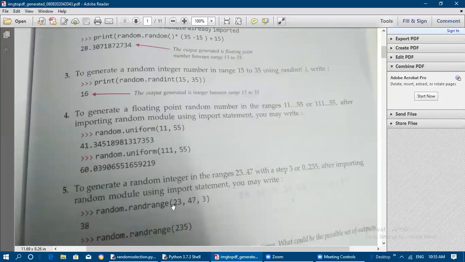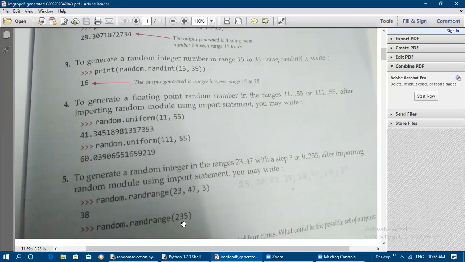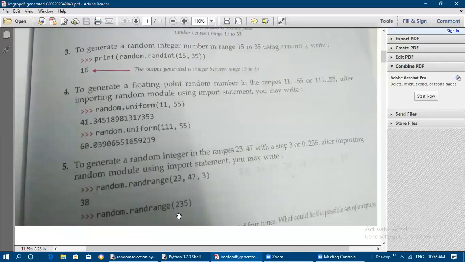If you add the step value 3, 23 plus 3 is 26, 29, 32, 35, then 38, 41, 44, and then 47. The stop value is 47, so up to 44 it will go, because if you give the stop value as 47, up to 44 only it will generate the answer. Next, random.randrange(235), so up to 234 it will generate the answer.